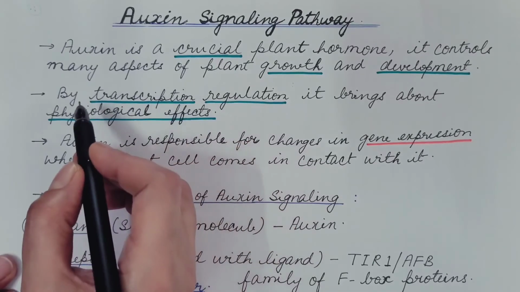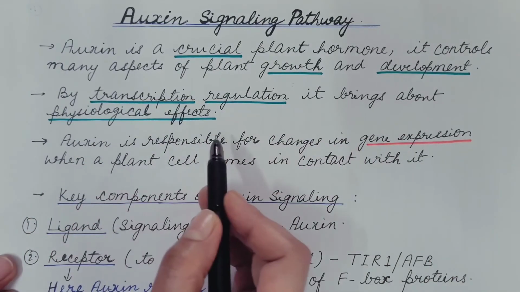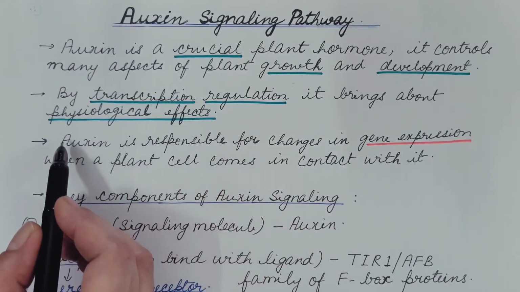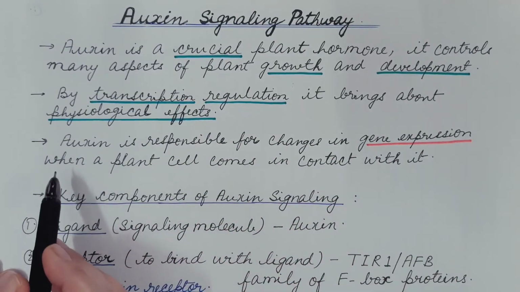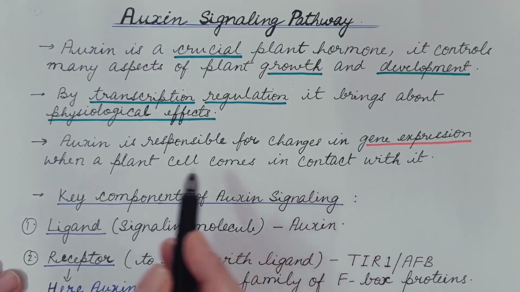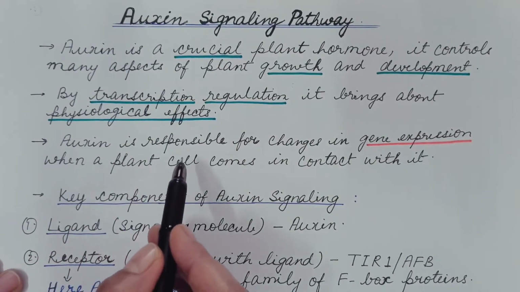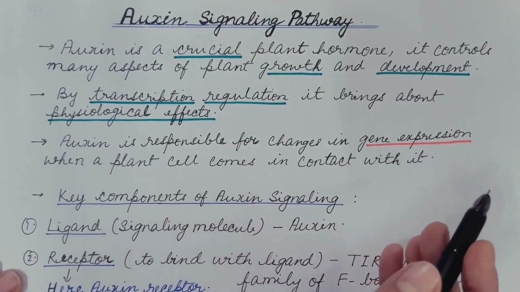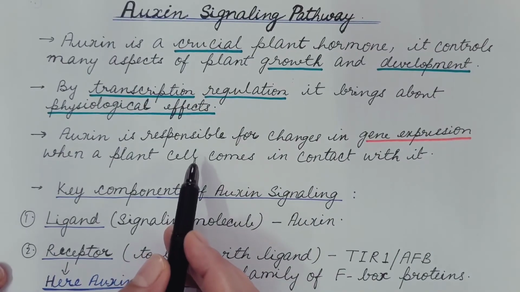Auxin is responsible for changes in gene expression when a plant cell comes in contact with it, and